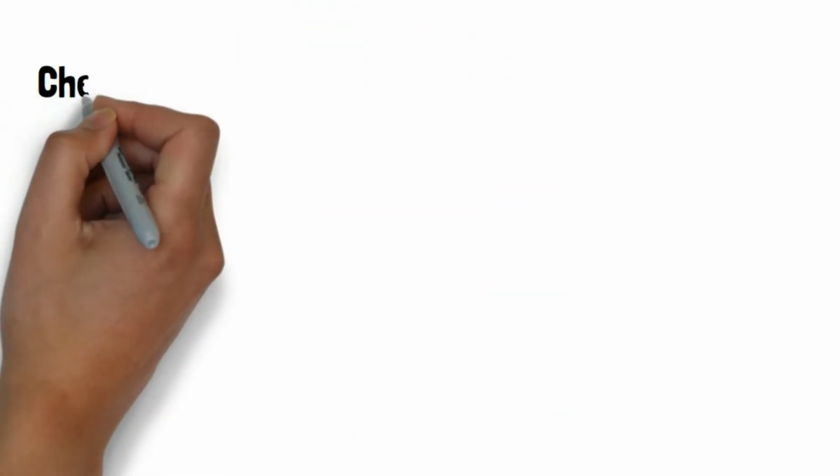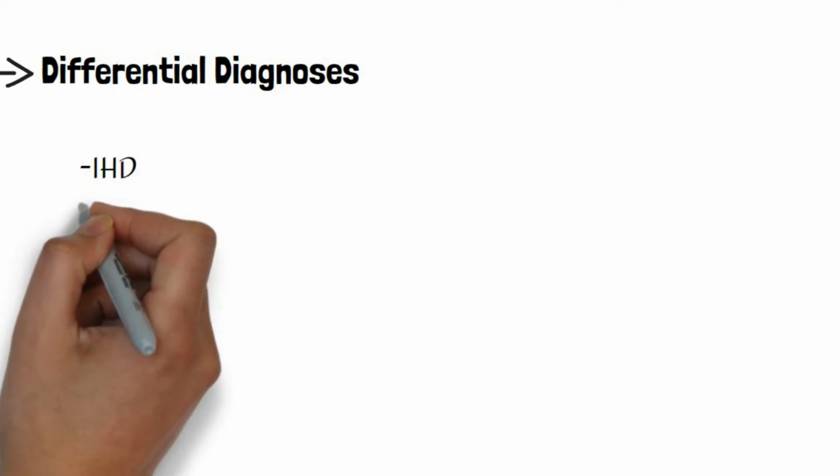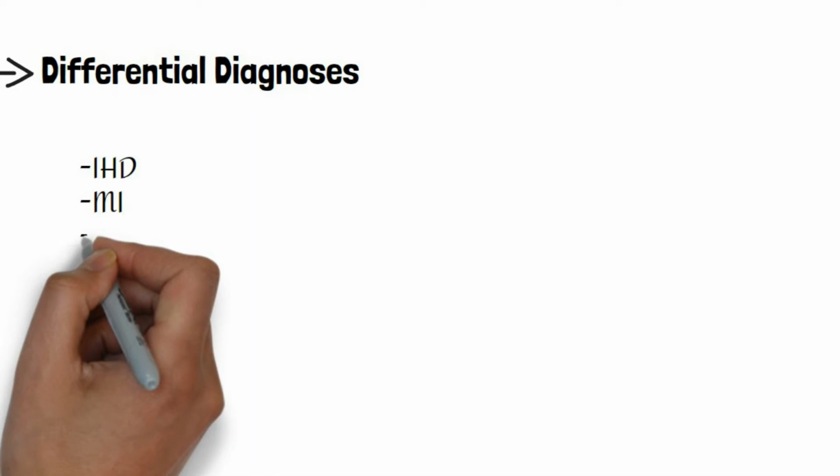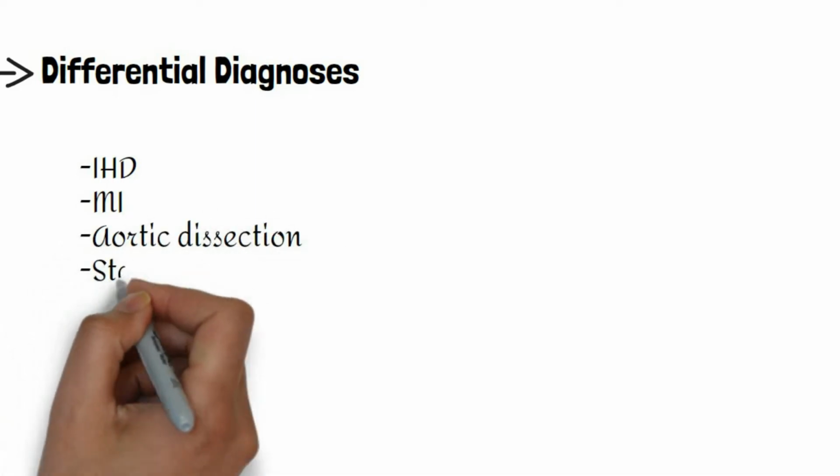When a patient presents to you with chest pain, there should be some differential diagnoses in your mind. Keeping those in mind, we should ask specific questions and do relevant examination to exclude or confirm the diagnosis. Here are some differential diagnoses for starters. Ischemic heart disease, myocardial infarction, aortic dissection, stable or unstable angina,